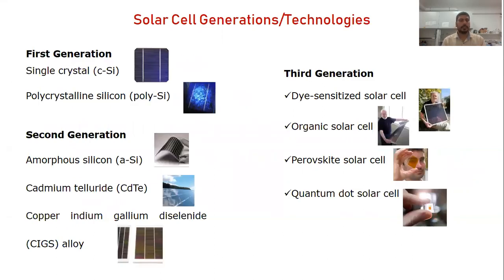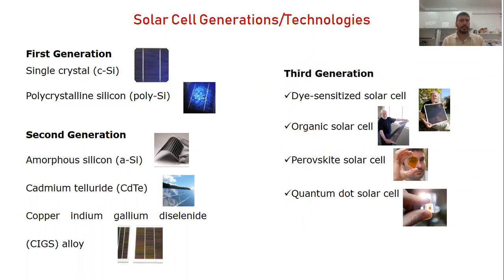So these are the different technologies of the solar cell. When we're talking about technologies, it means the different materials. The first generation is related to the silicon solar cell and polycrystalline silicon solar cell. Nowadays, more than 85% of the solar market is covered by crystalline silicon solar cells, because the efficiency of these crystalline solar cells is very high and the lifetime is also very high. But the cost and some other parameters are the disadvantages of this generation. And in order to overcome these disadvantages, other generations came into existence.